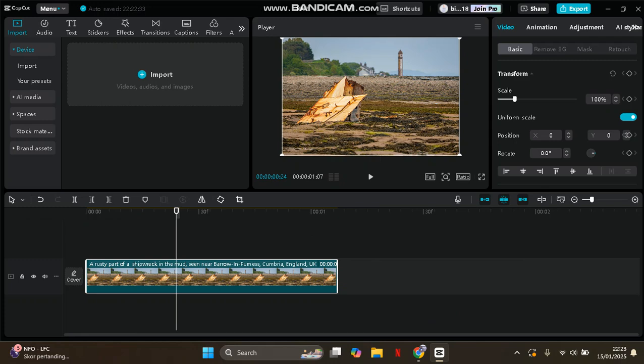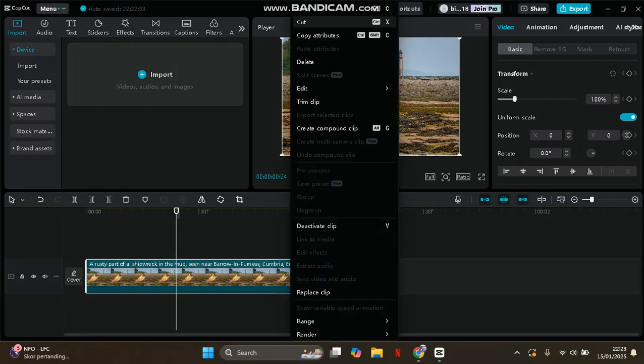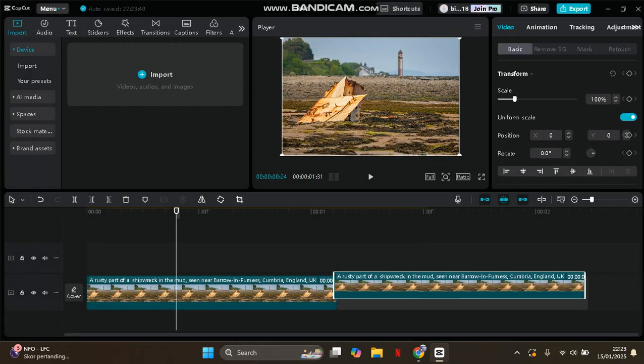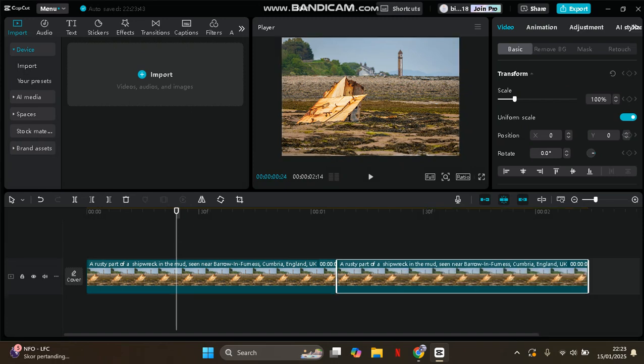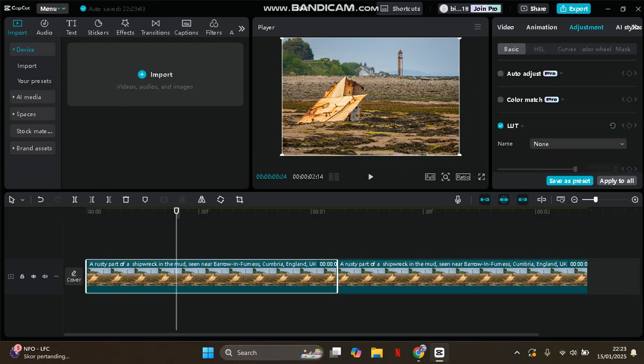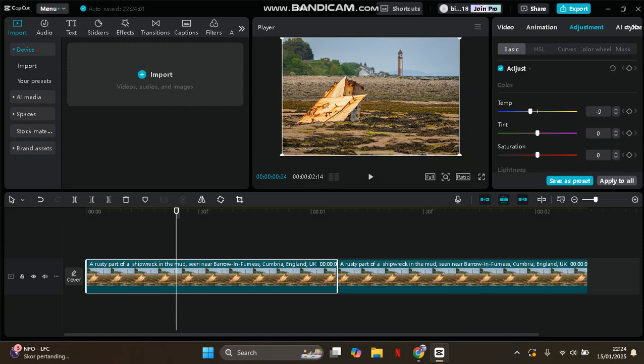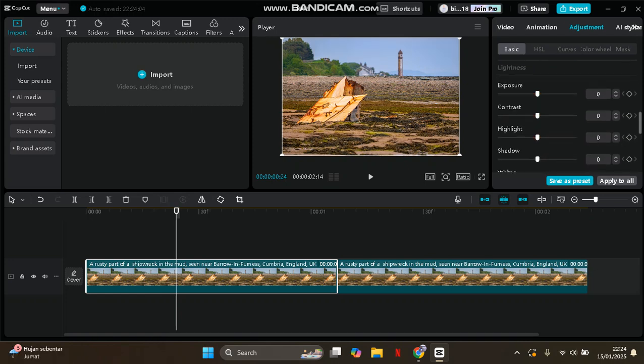What you need to do is just duplicate the clip. So I'm going to just copy and paste in here in the same timeline. You can put it side by side like this, and then you can select the first one or the second one, that's up to you, and then just do your color grading. So in here I'm going to just go to the adjustment tab and do some color grading in here. I'm going to adjust the coloring for the first photo,